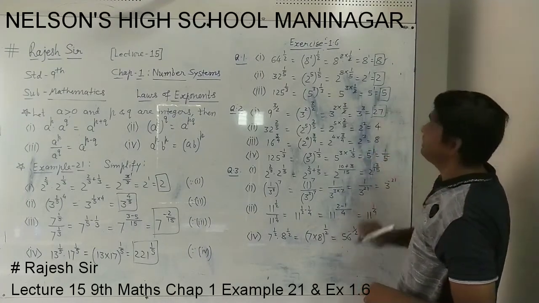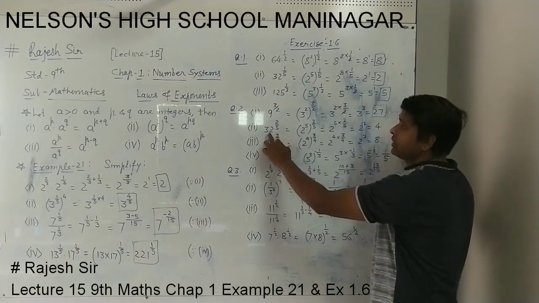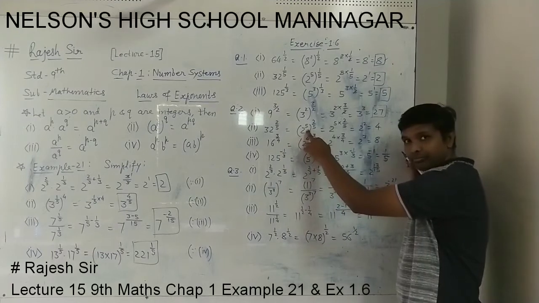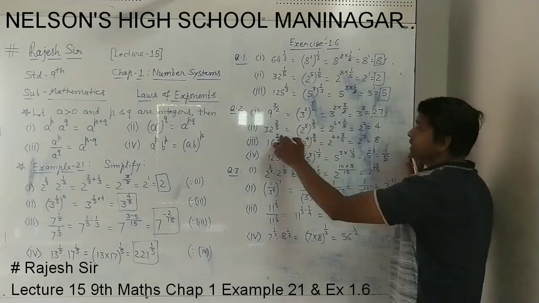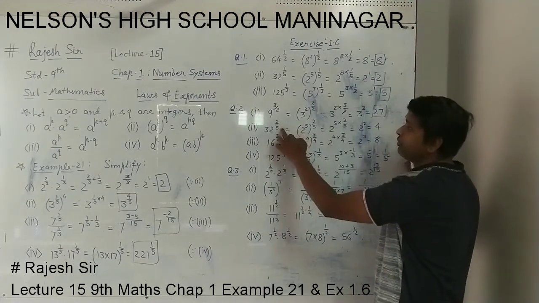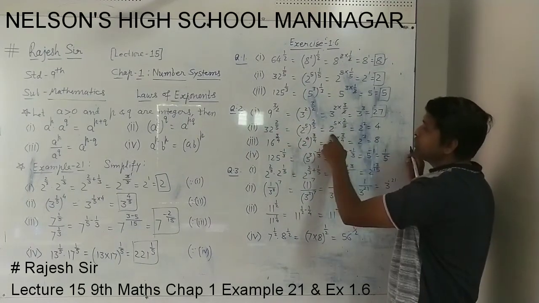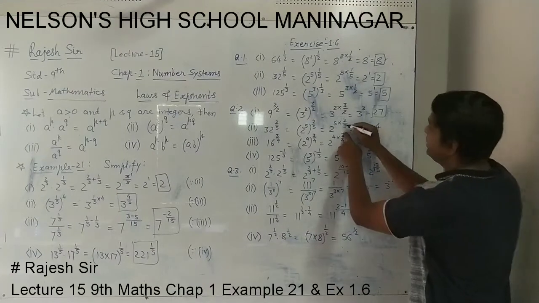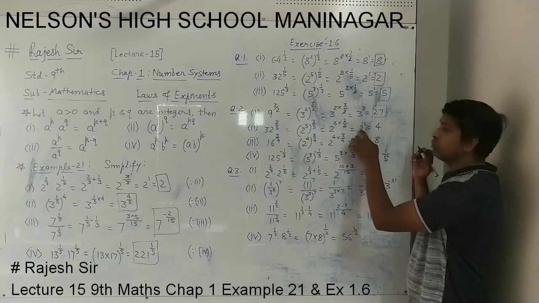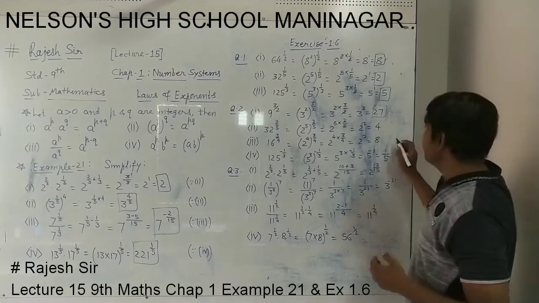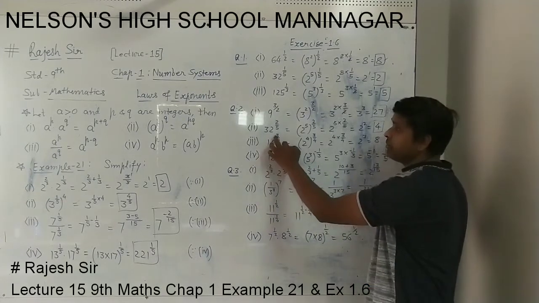So this is 27. In the second number, 32 whole raised to 2 by 5. 32 can be written as 2 raised to 5. 2 2s are 4, 2 4s are 8, 2 8s are 16, 2 16s are 32. So 32 can be written as 2 raised to 5 and the 2/5 power is as it is. Again power of power multiply rule. So 2 raised to 5 into 2/5. Here 5 and 5 cancel. What is remaining? 2 having power 2. 2 power 2 is 4. 4 is the answer.